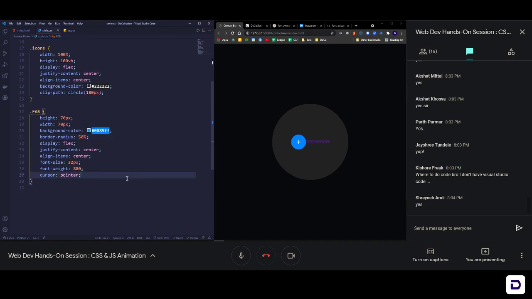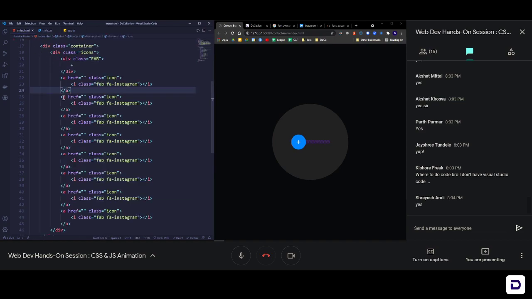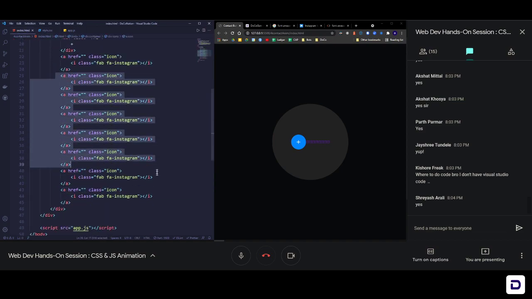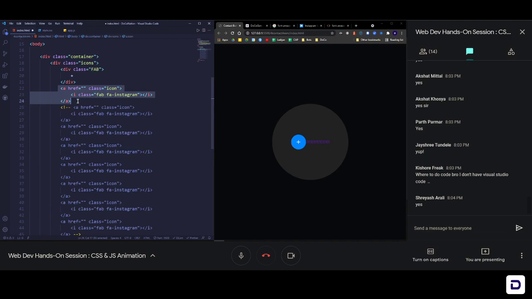Now, after this FAB, the floating action button, we can move towards styling the icons, all of these icons. So let's do that. First of all, so that we don't run into any problems, I'm going to comment out all of these icons, and I am just going to style one of them. Only one, because the class icon is applied to everyone. So first I'm going to focus on one, and then I'm going to enable everyone so that you can see it. Right now if I start styling, everything is just going to go here and there. That is why I'm just going to style one and then enable it so that you can see what happened.